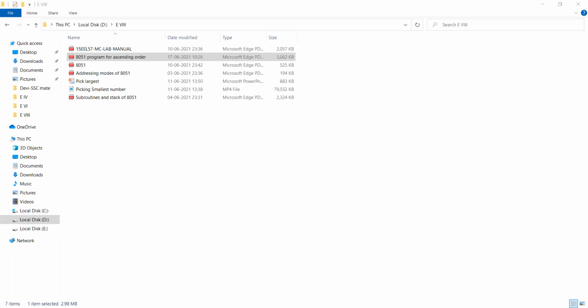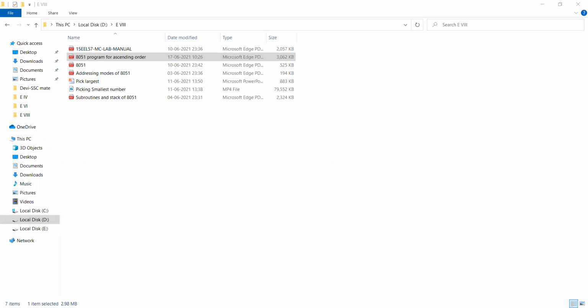Then 4, 3, 2, 1. So this is the first data, the first number, the second number, third number, and fourth number. Whatever numbers you have to take, different numbers also you can give, and you can check the program. 4, 3, 2, 1.